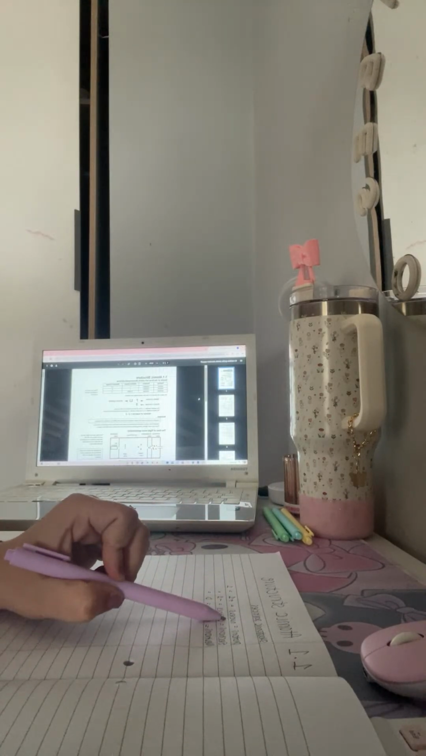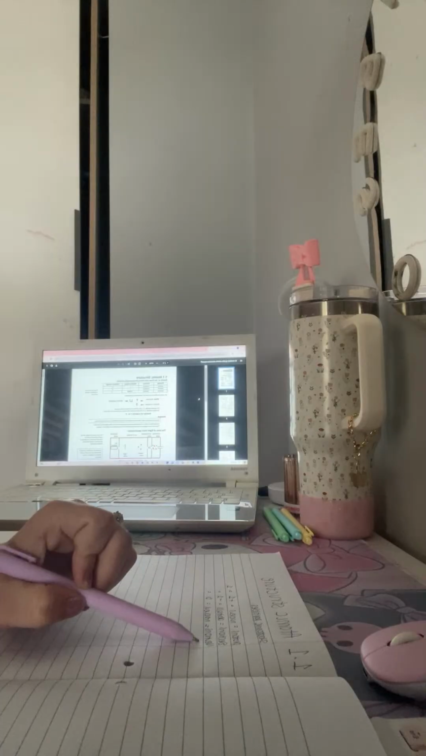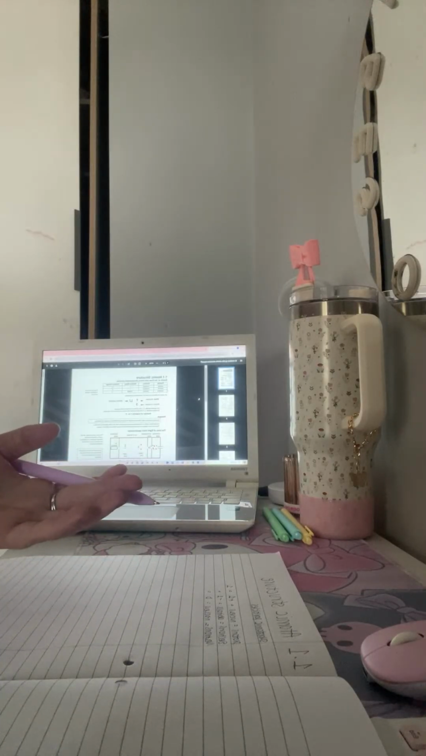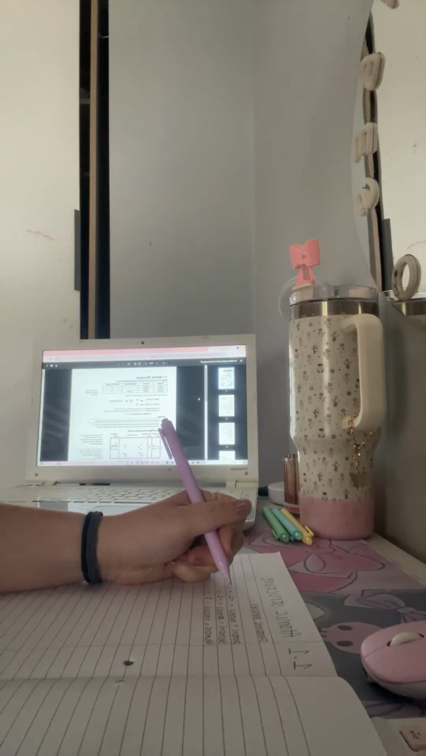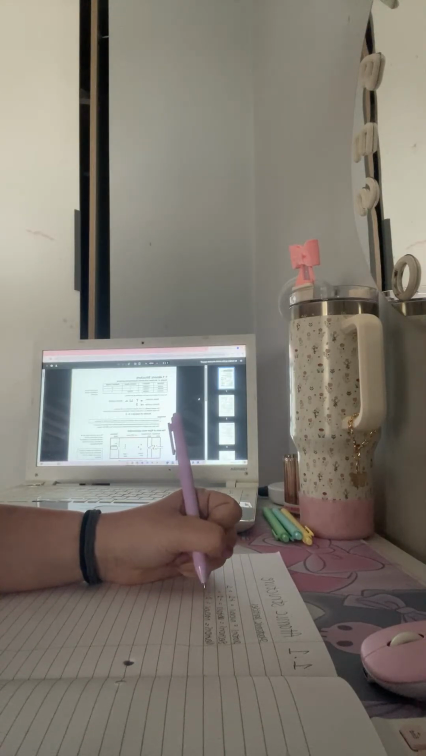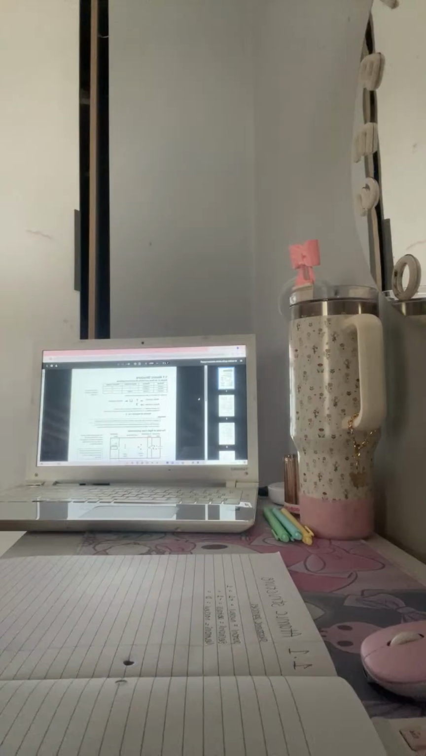Protons are found in the nucleus, as are neutrons. Neutrons are also found in the nucleus. Electrons are found in the orbitals. Protons have a relative charge of +1, electrons -1, neutrons 0. Now relative mass: 1, 1, and then